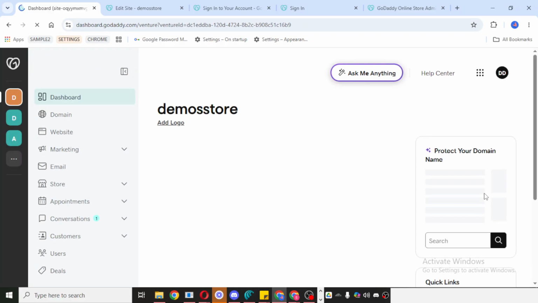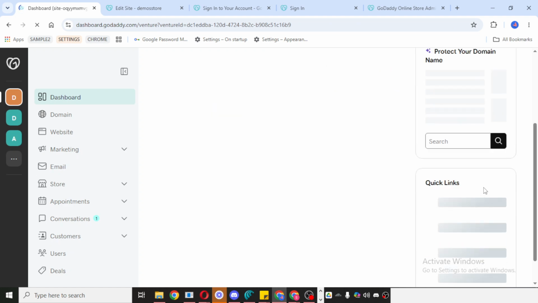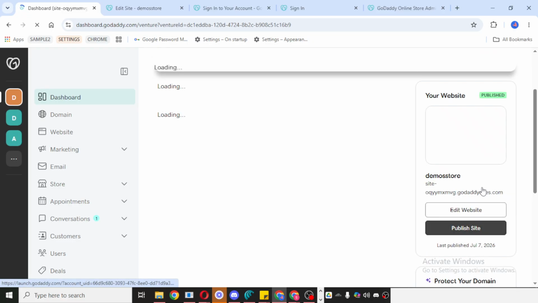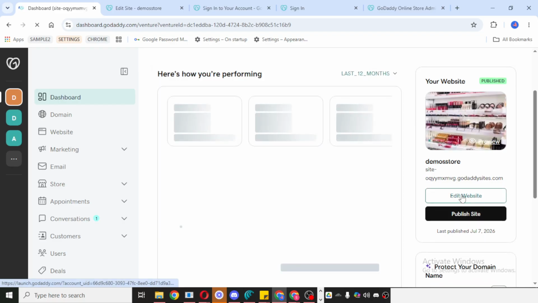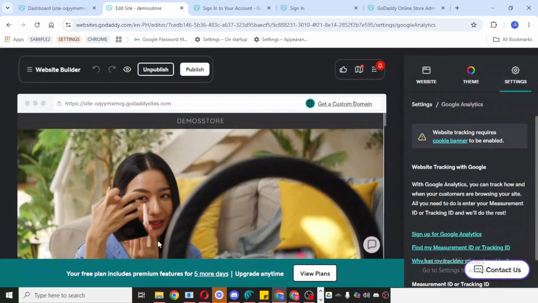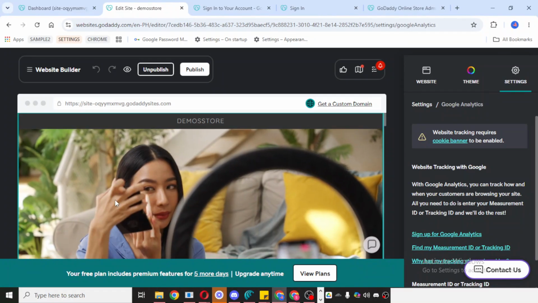After that, click Edit Website. This takes you into the website editor where you can adjust content, design, and site settings. Even though you may think unpublishing would be outside the editor, this is actually where GoDaddy places the option, so this step is important. Now you're at the point where you can see the Unpublish option. When you find it, simply click it.